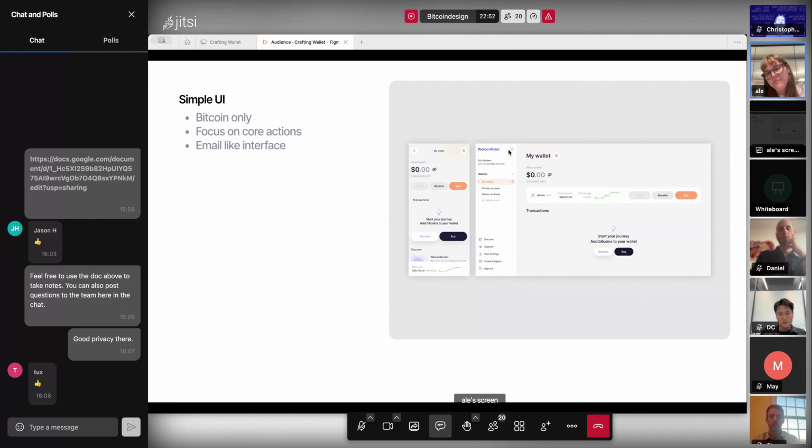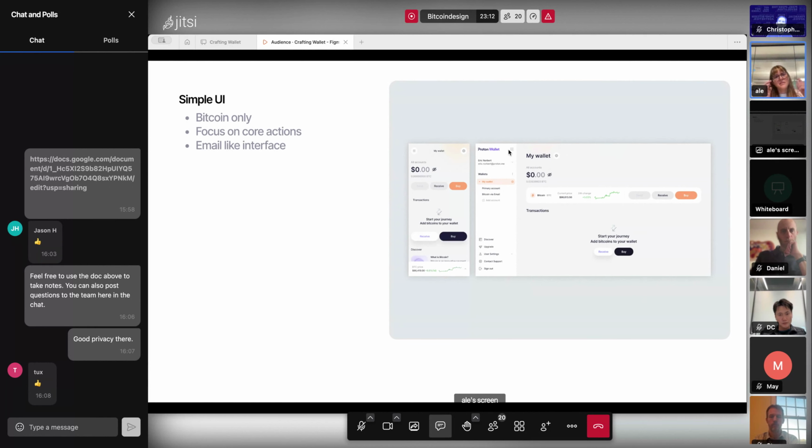Having one main currency will also help the user get familiarized with it first, and then maybe we can add a second one, but the learning curve is also less steep.